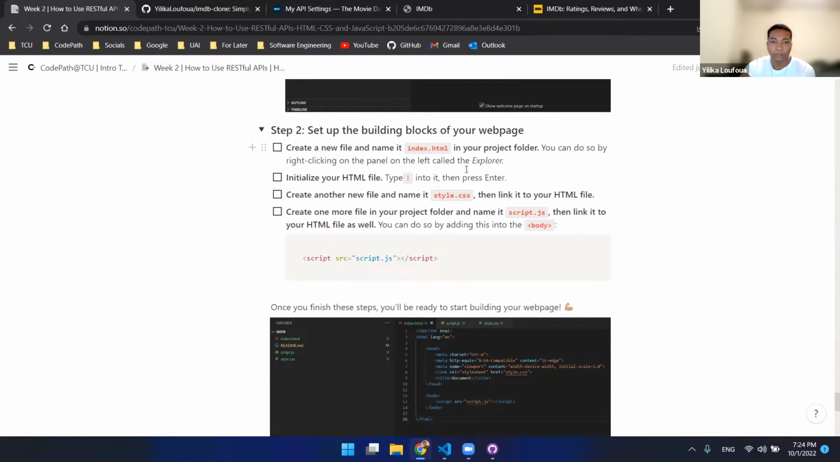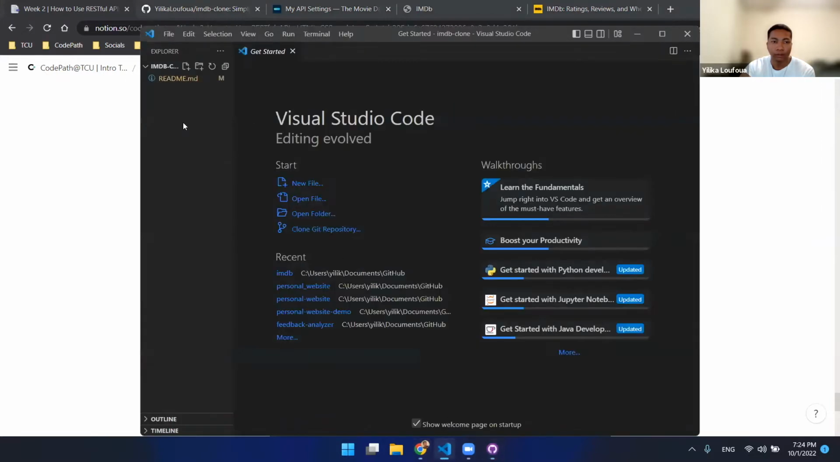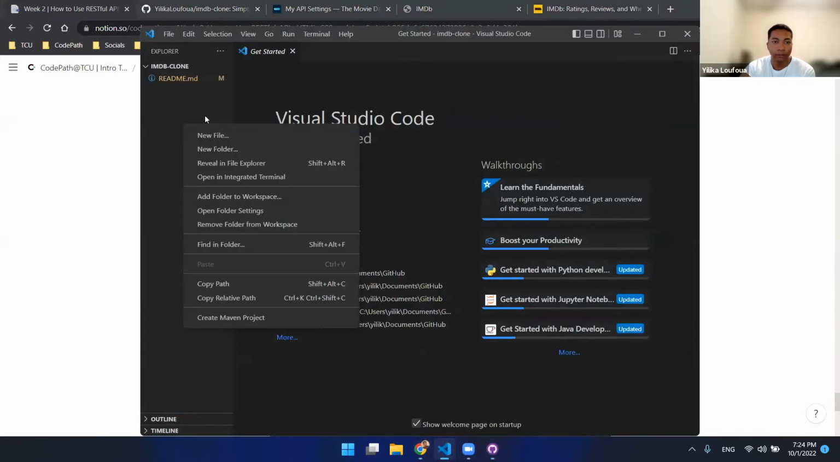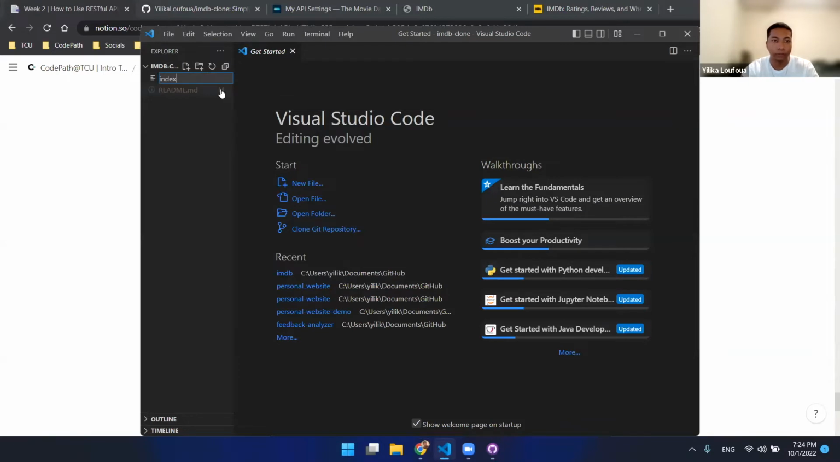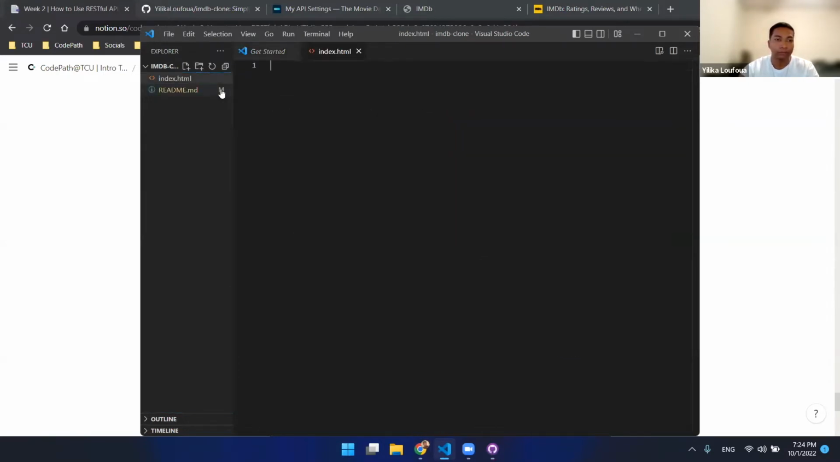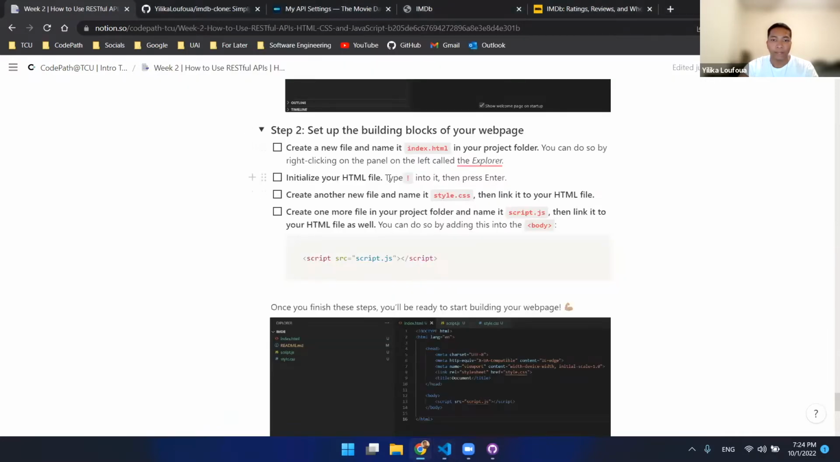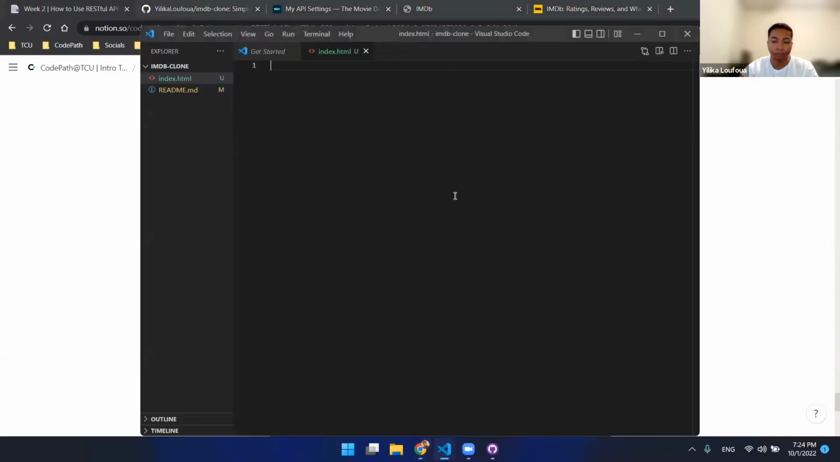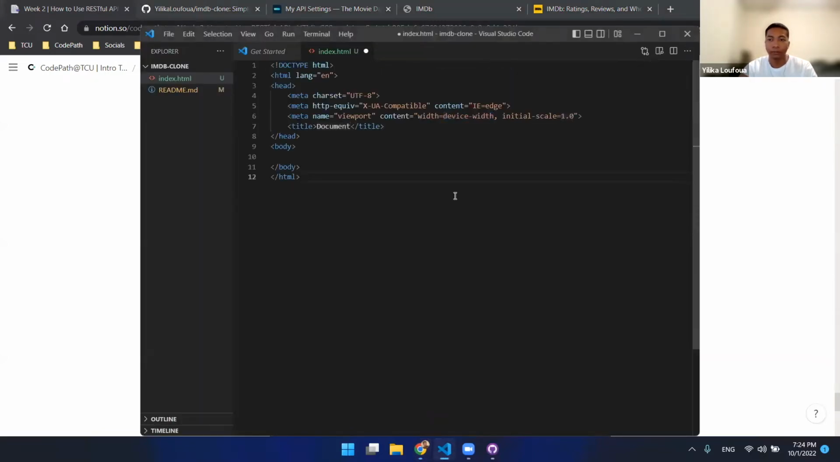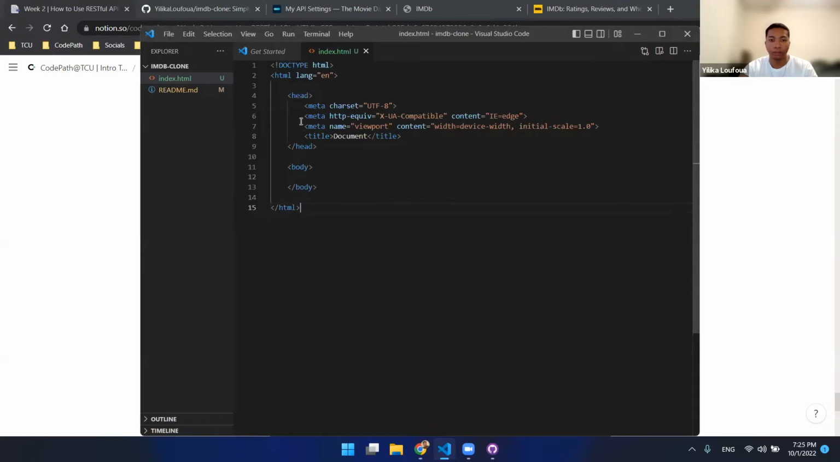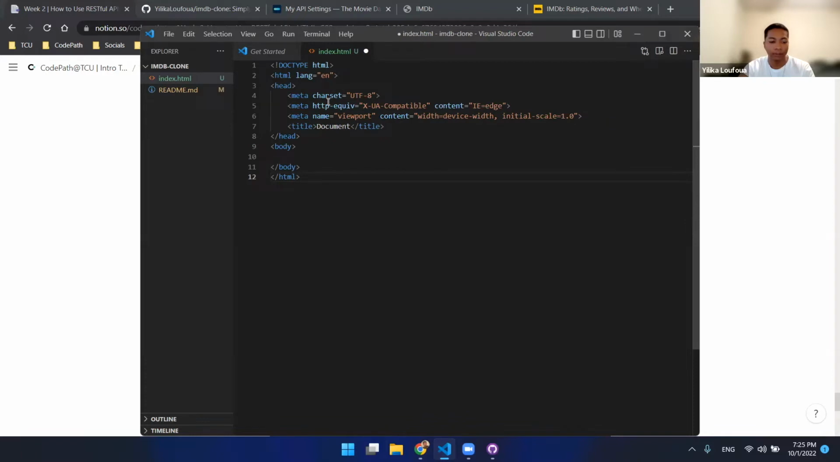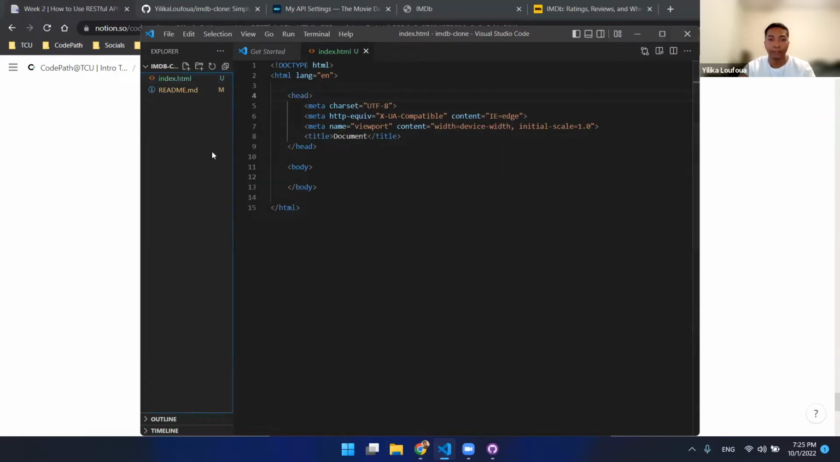You can do so by right-clicking on the pane on the left right here in the Explorer, and then create a new file called index.html. Okay, and then type exclamation mark into it, and then press enter. This will create a basic building blocks of the HTML page. And as you can see, once I did Control S and save the file, it automatically formats, which is because